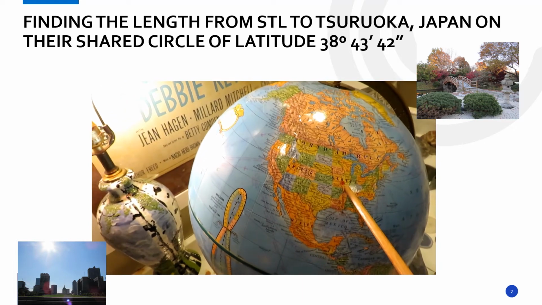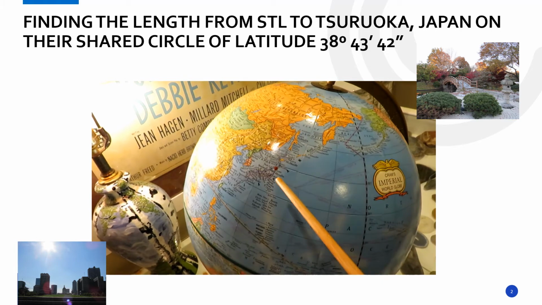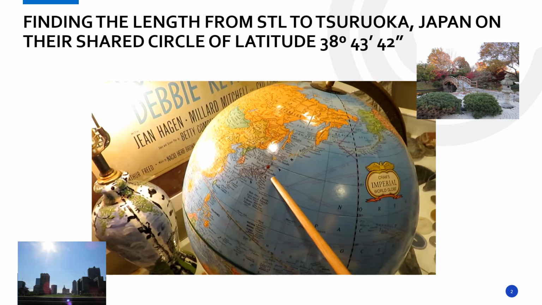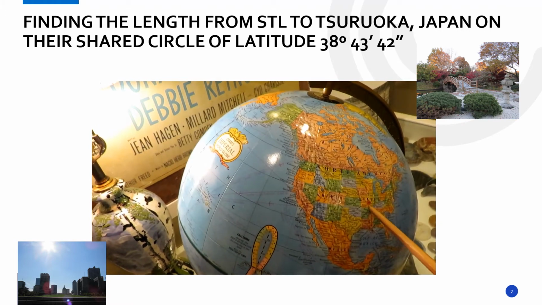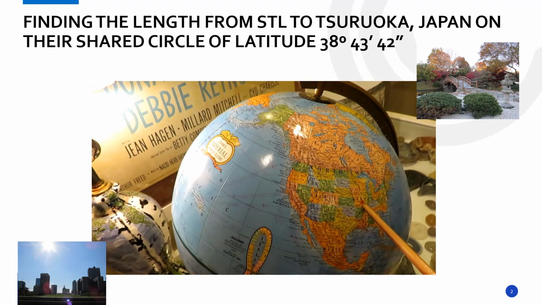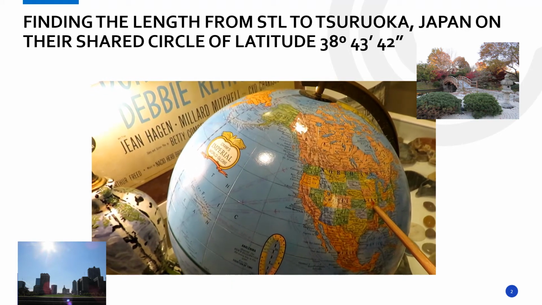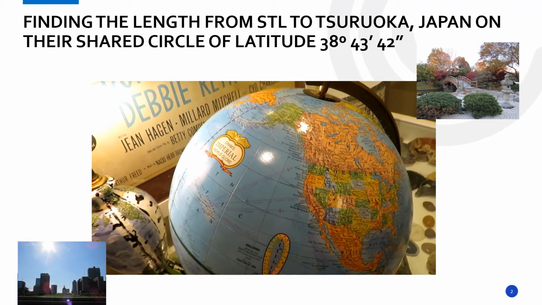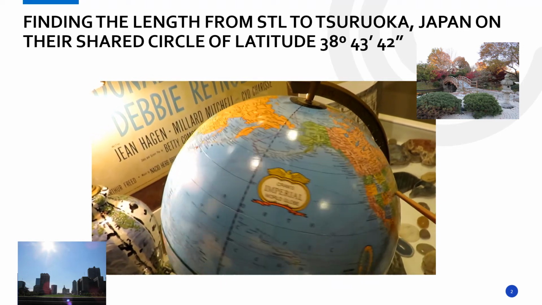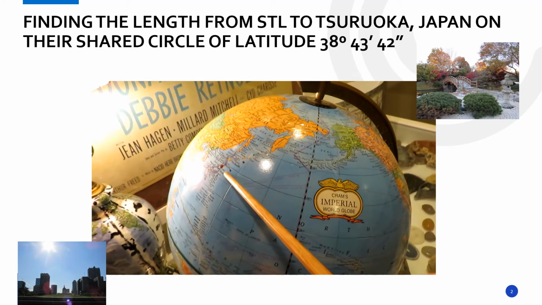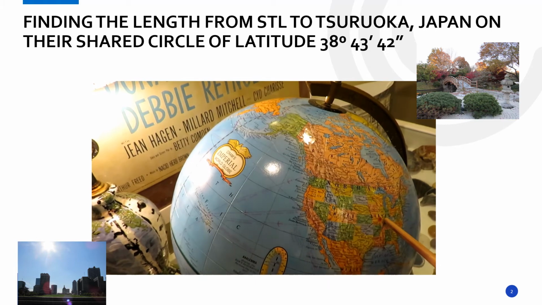Suppose I wanted to travel from the center of the St. Louis metropolitan area to Soroka, Japan. Notice that Soroka, Japan and St. Louis are about the same amount north of the equator. They're both about 38 degrees, 43 minutes, and 42 seconds north of the equator. If I wanted to travel on their shared circle of latitude, I'm finding the arc length from this location to